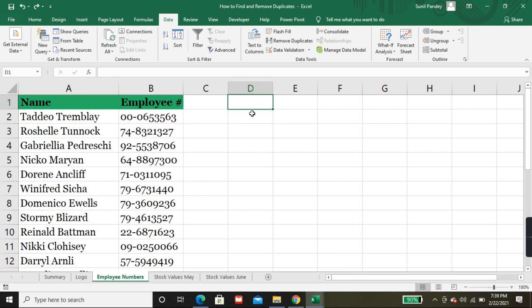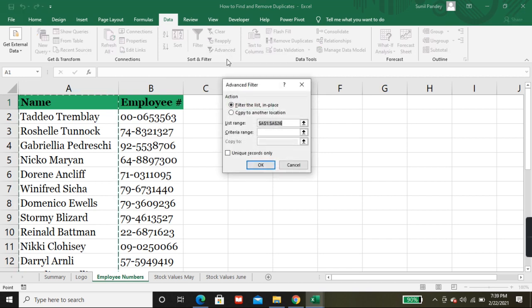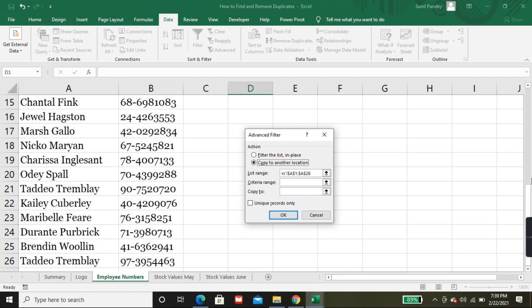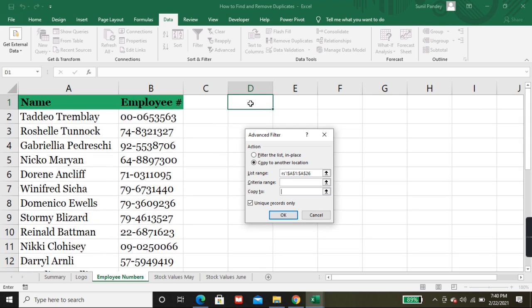The main data should be here only, and we would require the unique names starting from here. So simply click on Data, and here is an option called Advanced. Just click on that. You can select this, Copy to another location, and here don't forget to tick mark Unique records only, and in Copy to, you have to give the range here.